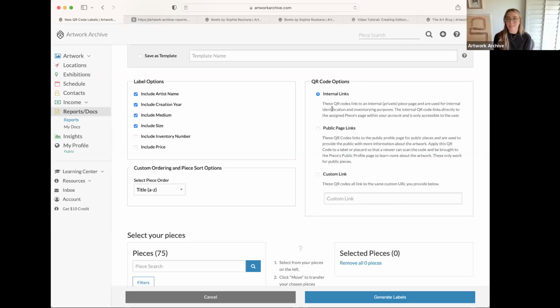If you want someone to scan the code and get taken to the piece on your public profile, where they can learn more information about the work and purchase it, this is really great for art shows. If you're creating artwork labels, you would use the public page links. And if you don't have a public profile, or you don't have the piece available with a page on the public profile, and you want to direct them instead to your artist website, or to a video or the gallery where the piece is located, you would use a custom link, and you would include any domain